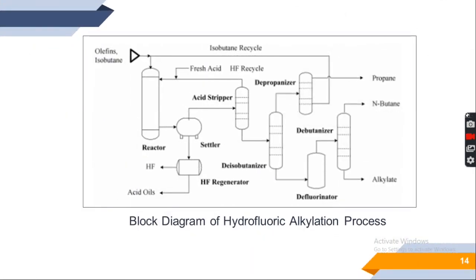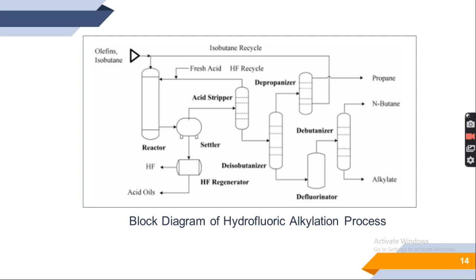So this is the block diagram of a general hydrofluoric alkylation process. As we can see, olefins and isobutane are fed to a reactor where HF acts as a catalyst and the alkylation process takes place. After this, the acid is recovered in a settler and then sent to a regenerator, after which it is recycled back into the reactor. The hydrocarbons are then sent to an acid stripper where any residual acid left is also